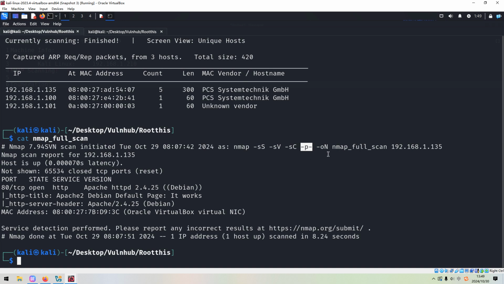The last option of all is -oN to output the result into this file. So from the Nmap scanning results, we can tell that the target has only one open port, number 80, which is running HTTP service, and also the version information Apache 2.